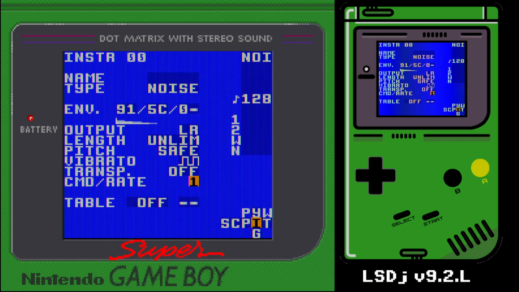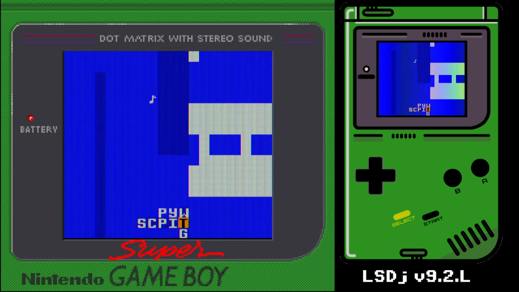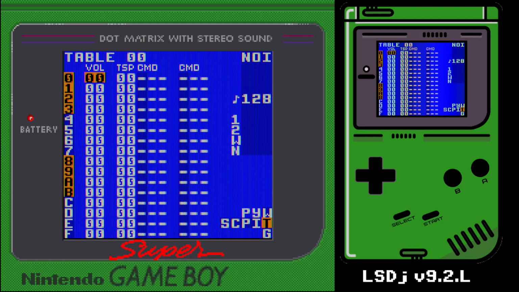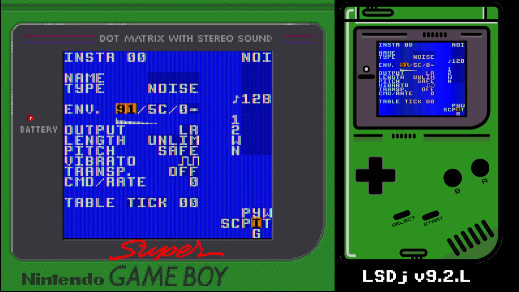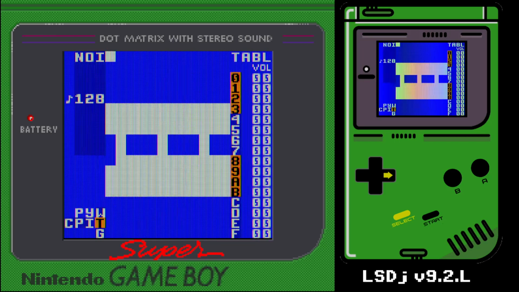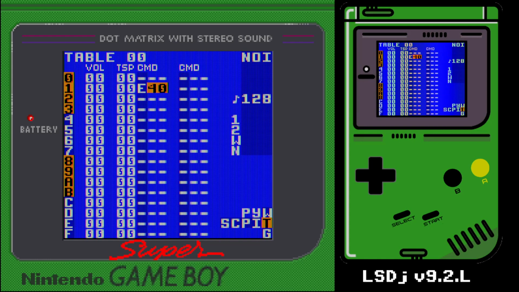All in all, it's just something extra to be able to play around with. And then, of course, we've got tables. And I think one useful thing to talk about is maybe this volume column, or even using E commands. A lot of my older snare designs have this kind of thing where I'll set the envelope just basically to this and then use the E command to control the rest of the volume shape here. So that's a way that I'm getting that transient to happen, because this is essentially like having this